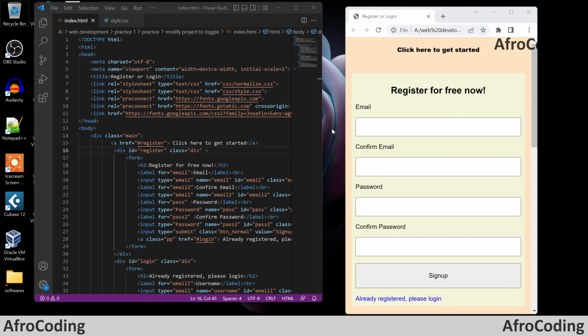We designed the HTML, the CSS, as well as the JavaScript. So if you've watched the video on that project, you'll notice that we toggle from one form to another using JavaScript. If you want to understand how to toggle between forms using JavaScript, then you could watch